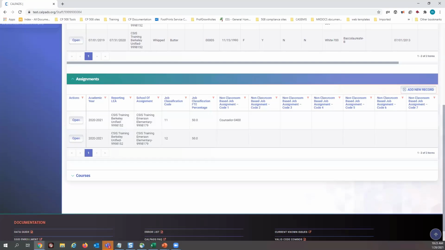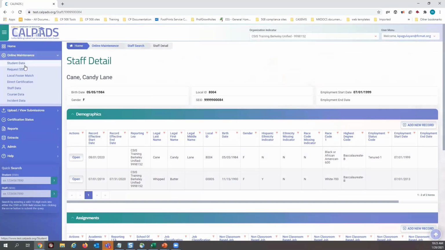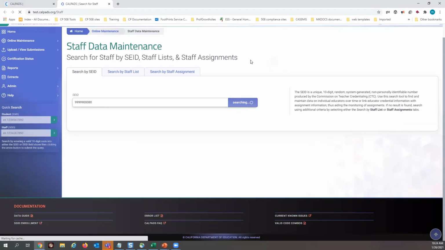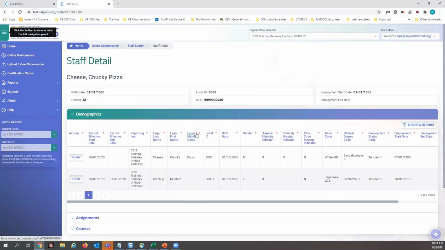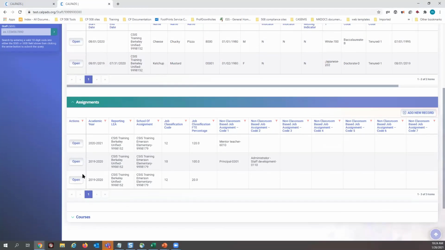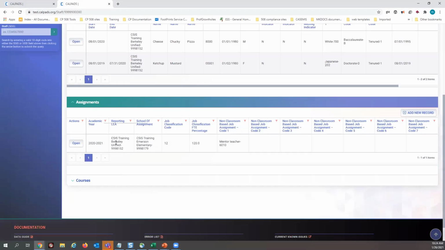Now we have another version here of a teacher. So this is another staff member. Okay, let's filter for just this year. So this is a teacher who has 120% FTE.